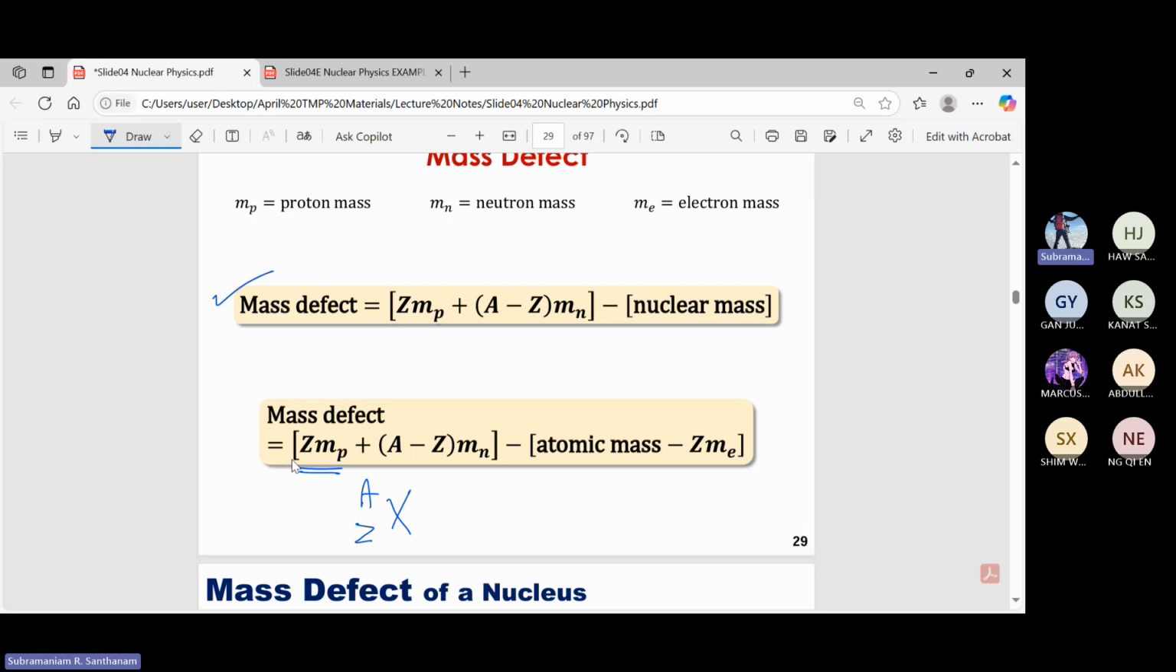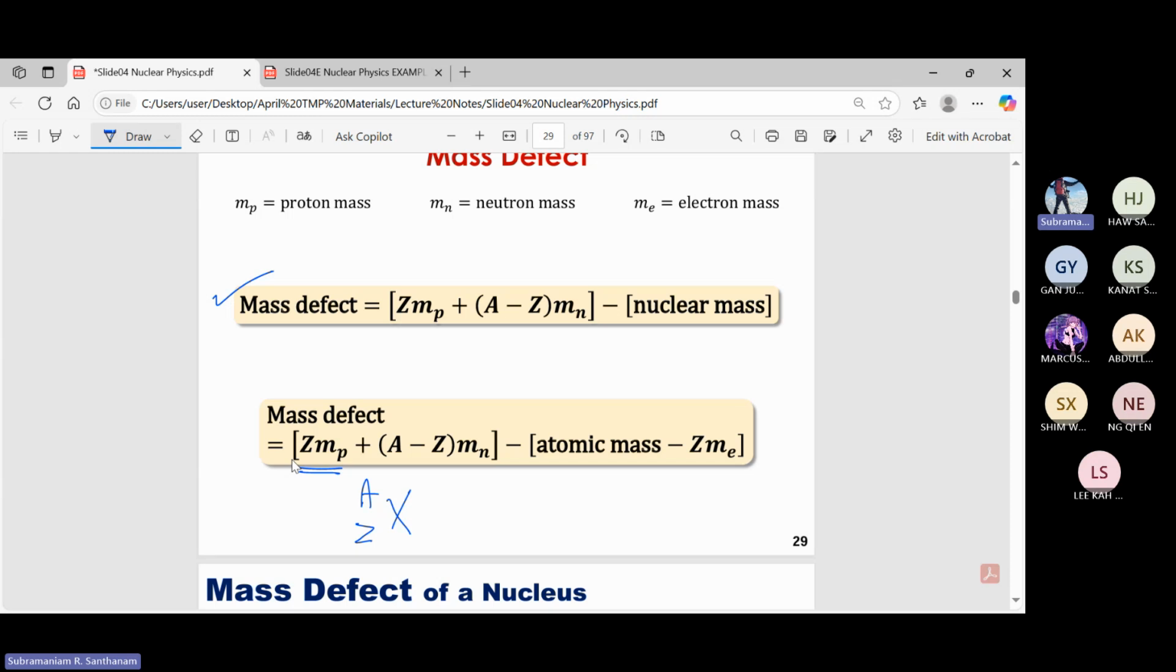Therefore, if you want to find the total mass of the protons, you take the number of protons, Z, multiplied by the mass of one proton, which is 1.67 times 10 to the power of minus 27. Then you add the number of neutrons, which is the nucleon number A minus the proton number Z, so that is A minus Z, multiplied by the mass of a neutron, which is 1.66 times 10 to the power of minus 27. Then you subtract the